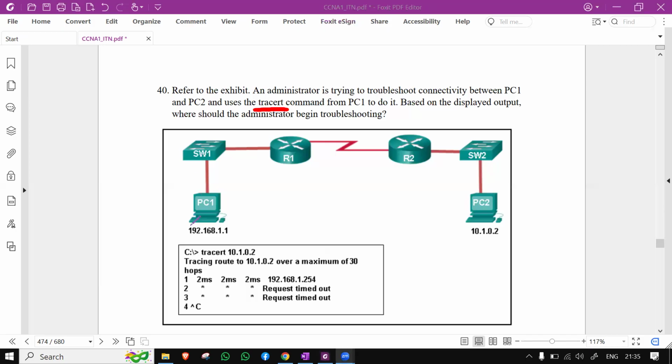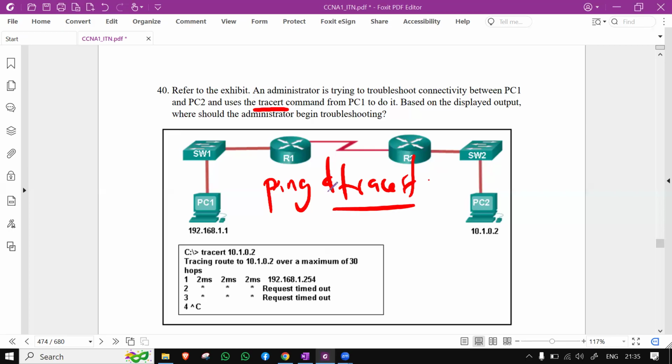So traceroute basically looks at hops. Both ping and traceroute we can use to test for connectivity, but traceroute uses